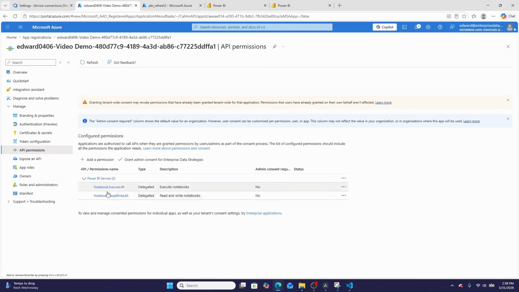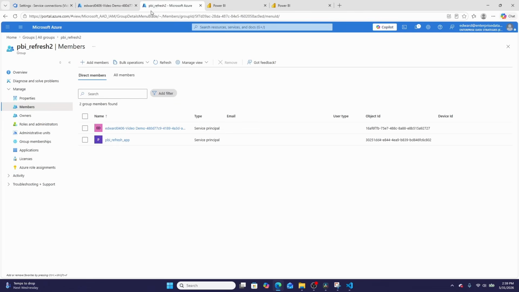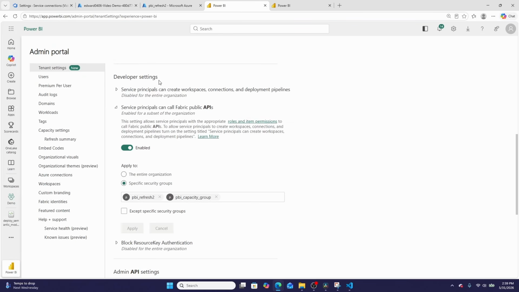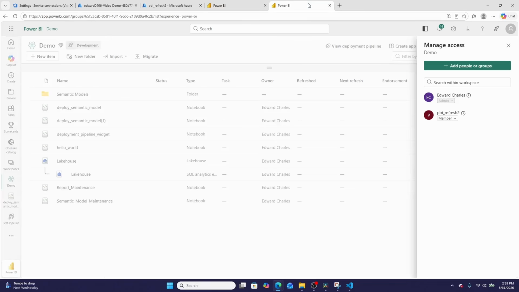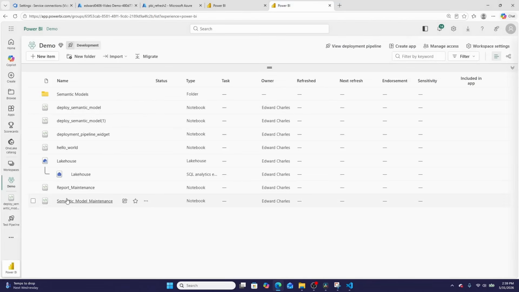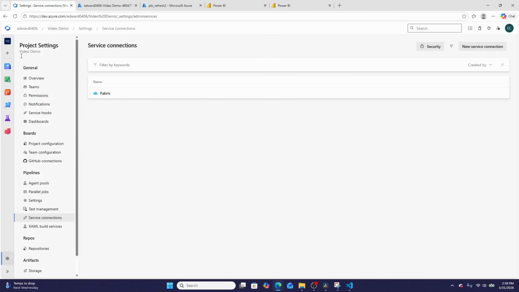Add the API permission for it to notebook execute all and notebook read write all as delegated permission types. Then take this managed identity right here and add it into an Active Directory group, at which point you can then take that Active Directory group and grant it access to call Fabric APIs, and then also add that Active Directory group as a member into the workspace, at which point you can now trigger notebooks from your Azure DevOps